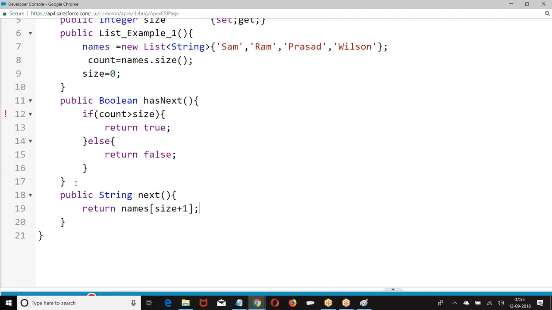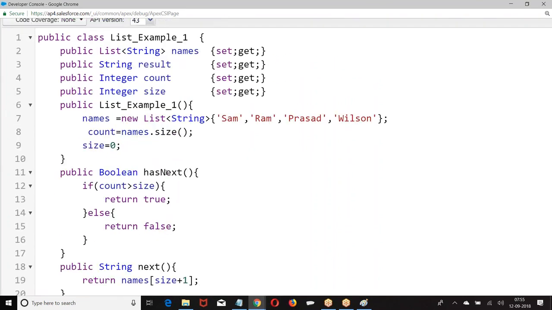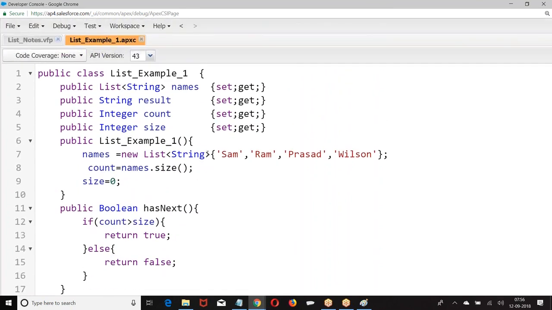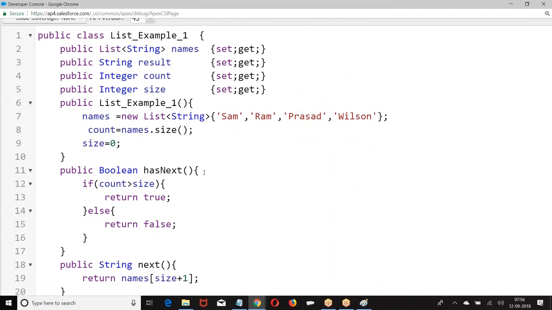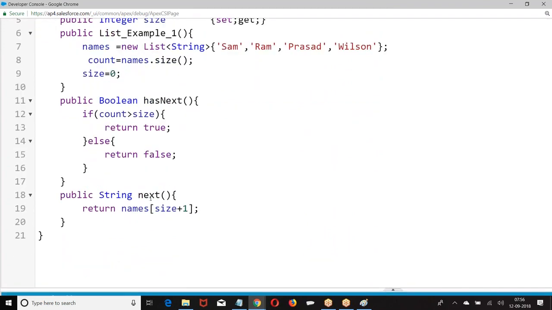So when you call next, it will give the next element. When you call hasNext, it will check whether we have a next element or not. On the list, when you call hasNext, it checks whether the next element is there. When I say next, it is going to return the next element. Are you getting it?